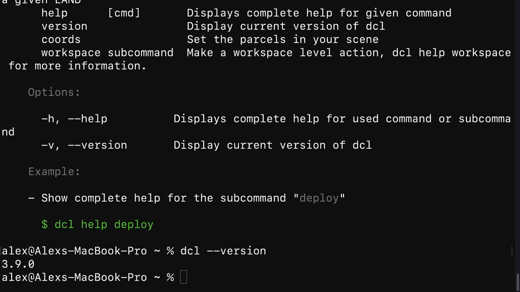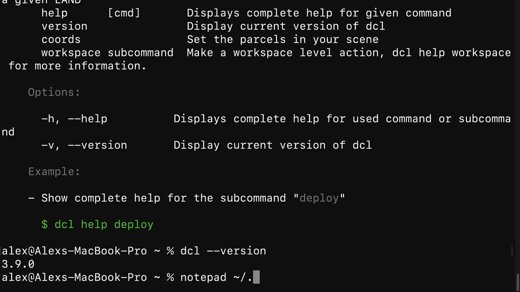Now, you can also turn off usage data for Decentraland because by default it will track your statistics anonymously. So if you are on Windows, use the command notepad followed by ~/.dclinfo. This is the info file for Decentraland.